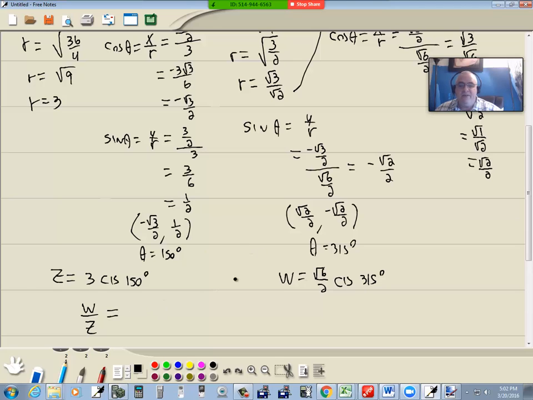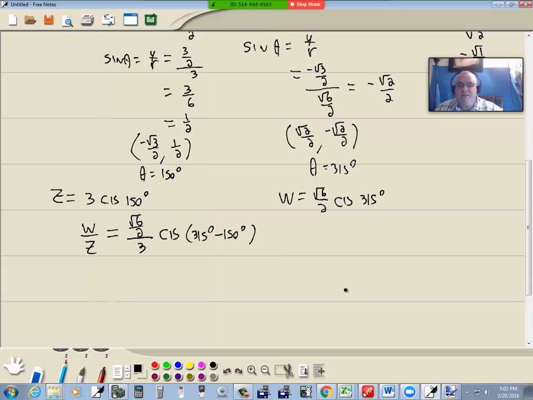What you do is you divide your R's, so I'll take the square root of 6 over 2 and divide it by 3, and then you subtract the angles. So we'll take 315 degrees minus 150 degrees. Now this is going to give us the square root of 6 over 6. This denominator just drops down with this one. You multiply them together, so 2 times 3 is 6. And